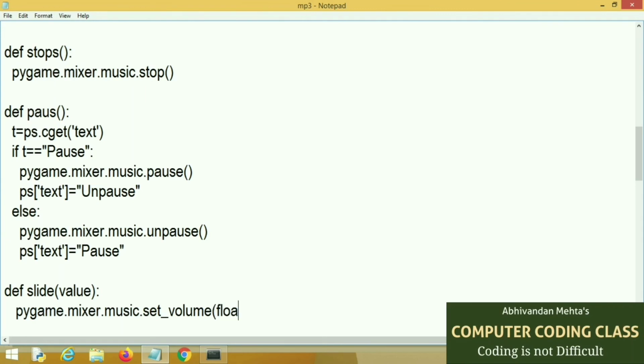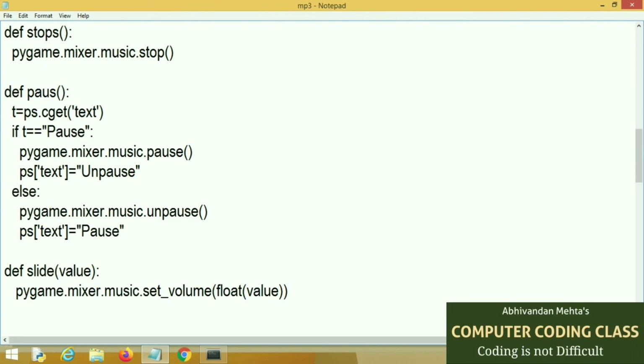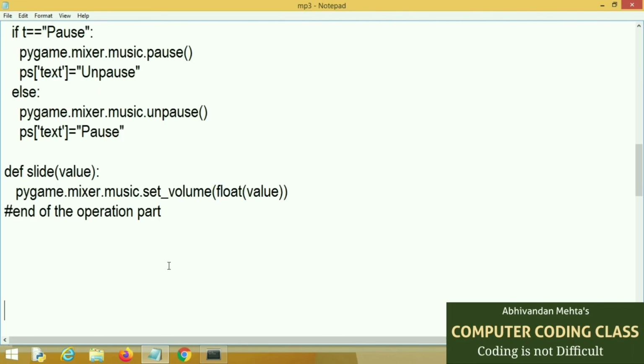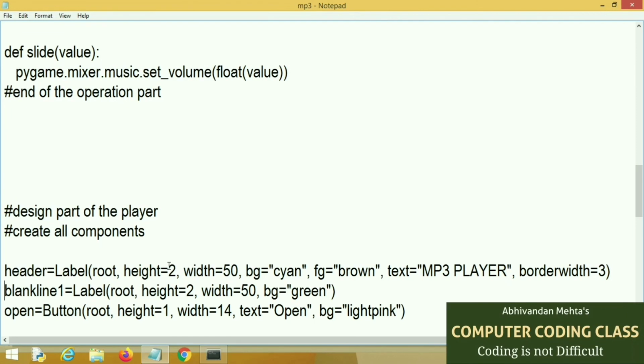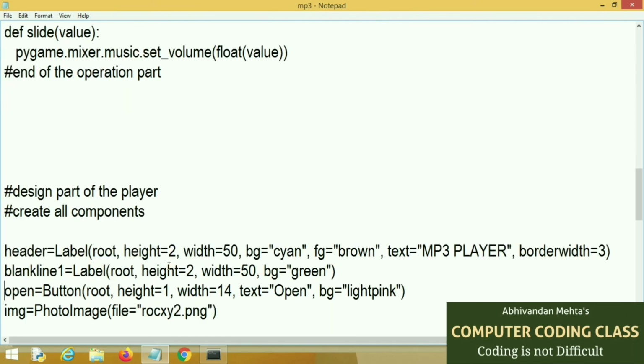There are two commands, get volume and set volume. This is the end of our operational part. In the next part we will connect these operational functions with our buttons one by one.